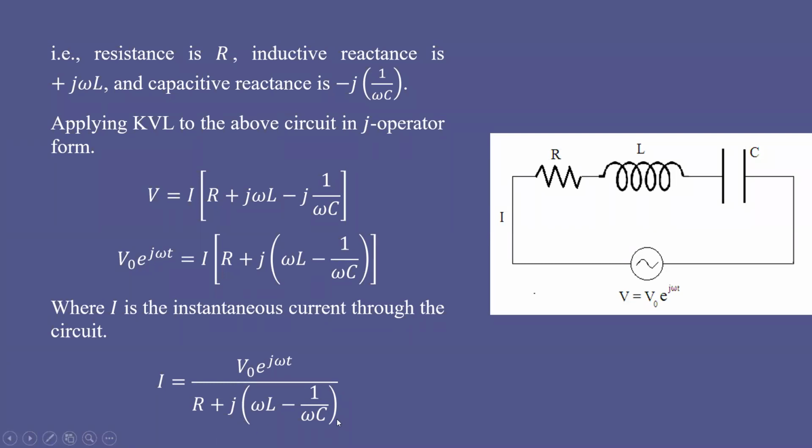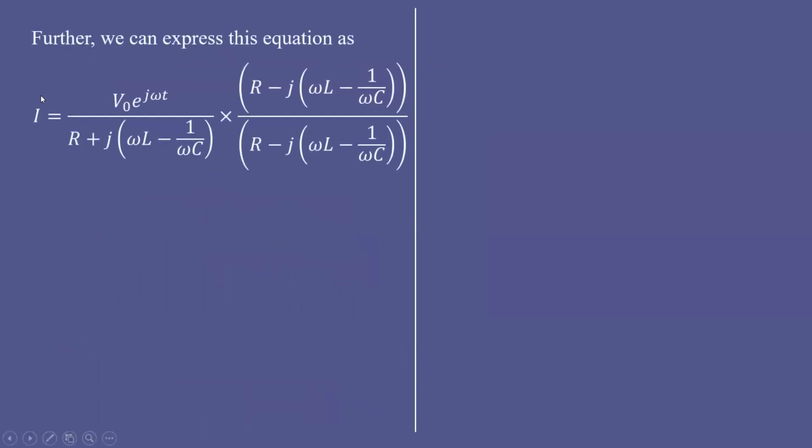A simple method to solve the complex number in the denominator is multiplying by the complex conjugate of the number and dividing by the same complex conjugate. Same method we will use. We multiply the equation by the complex conjugate of this denominator and also divide it by the complex conjugate of this denominator. Why is it done? Because we will get the form a plus b into a minus b in the denominator.